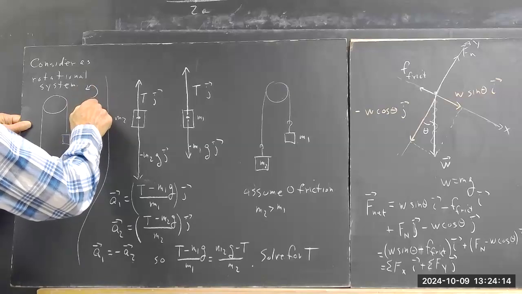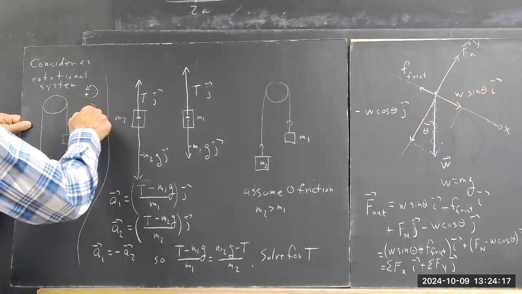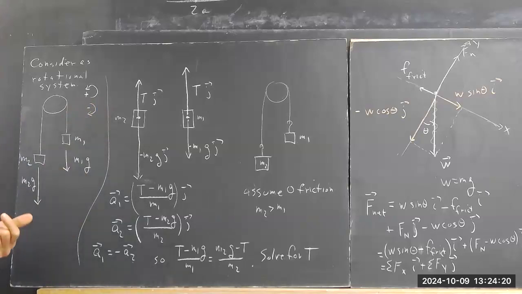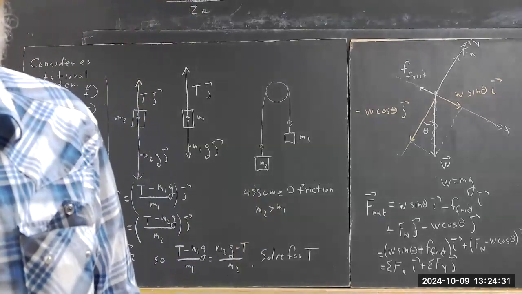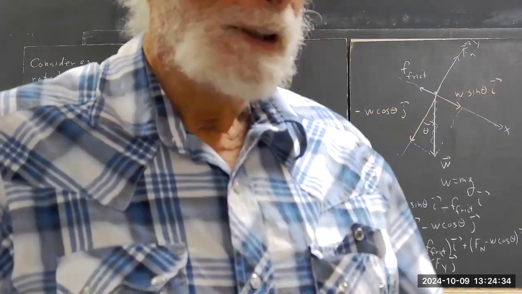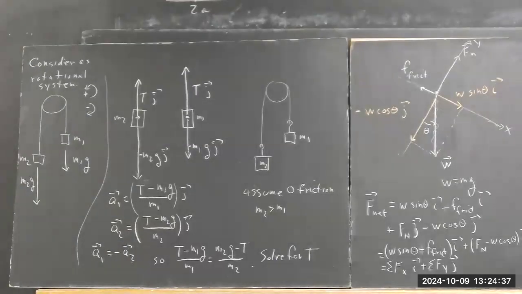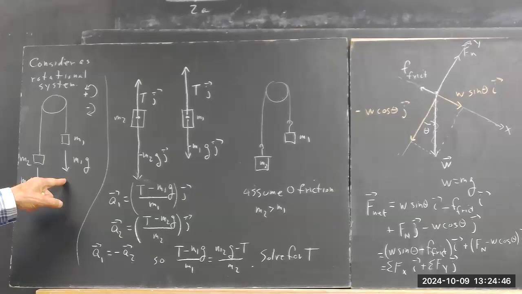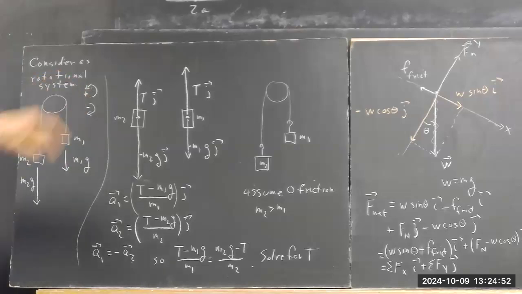Now, rotation in this direction is positive. Rotation in this direction would be negative. That picture makes sense? I don't want to take time to write out a bunch of words. Okay, so what's the net force in this system? Doesn't really matter which one's bigger in this case, just take it as they are. So, what force is it that tends to rotate this thing in the positive direction? Is this force? Yeah, if I pull down this way, it's going to rotate in what I said is the positive direction, right? So we can say the net force